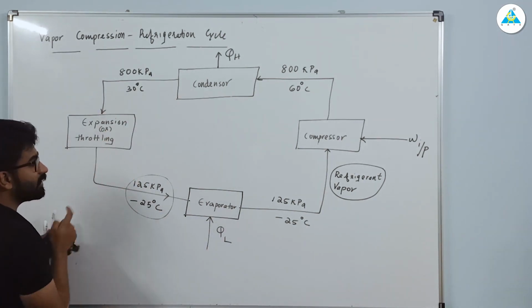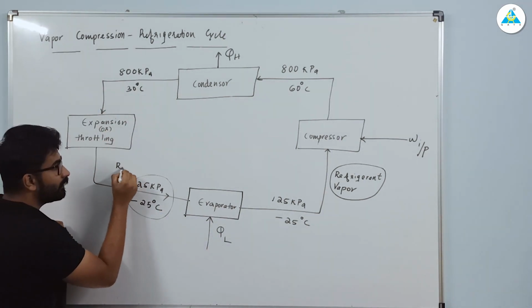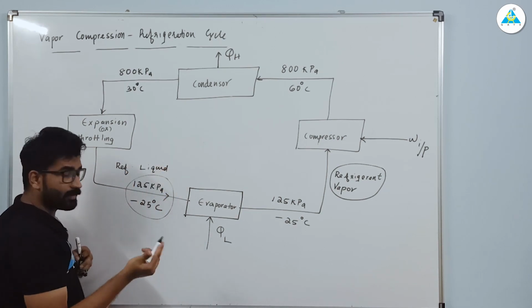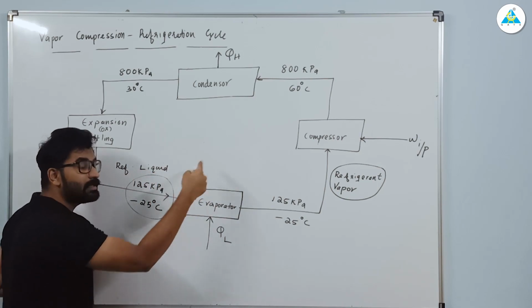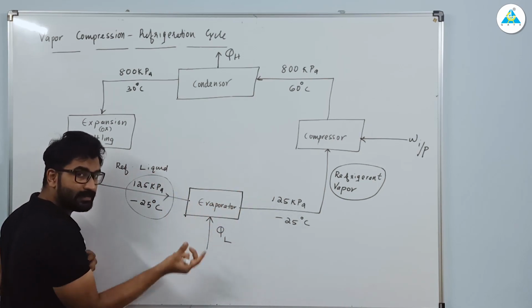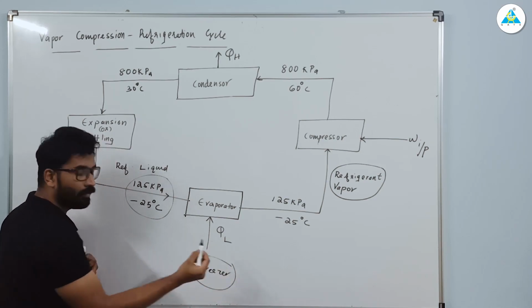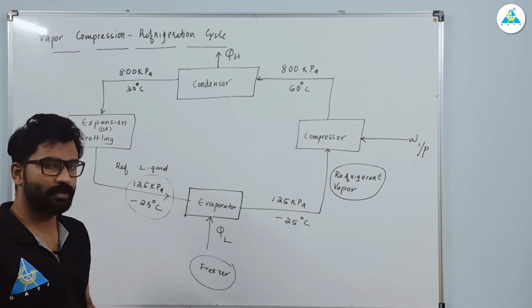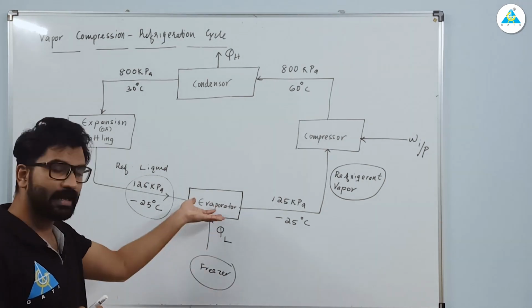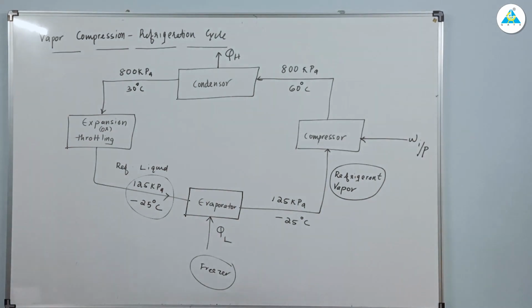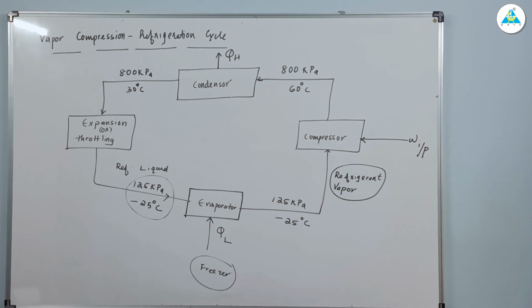Because here condensation, after here we are having refrigerant liquid. Those who are having confusion, you can see here. So this liquid is evaporated by using heat that is absorbed from the freezer compartment. The heat absorbed from the food products, it will take some heat from the evaporator and it will go. Clear? So this is okay. Is this okay? The explanation for your refrigerator. I hope this particular part of explanation is done.